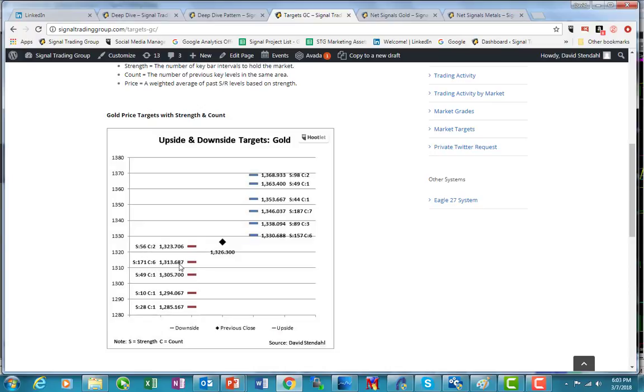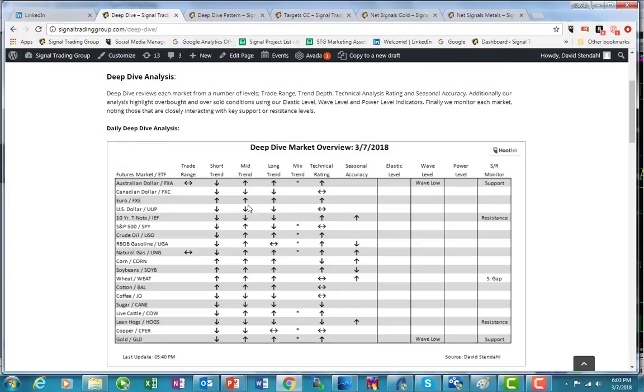This is the key one right through here, and it's a weighted average of the different support and resistance levels, so it comes down to a single number, but it's actually weighted based upon the strength of those different levels. So it may not correspond to a low that you may have seen in the past because it's a weighted average, but nonetheless that's going to be the key number that we're going to be looking at. So that will give you at least an idea as to what's taking place here.